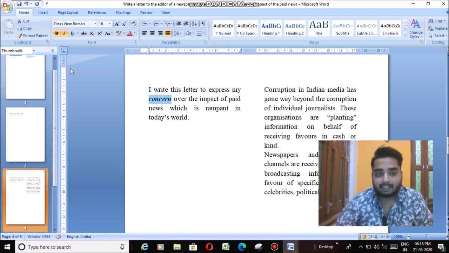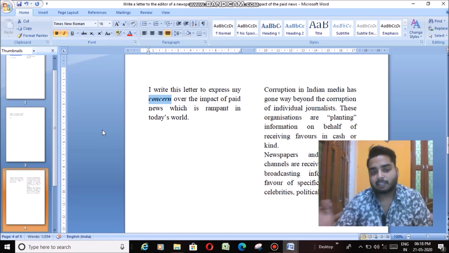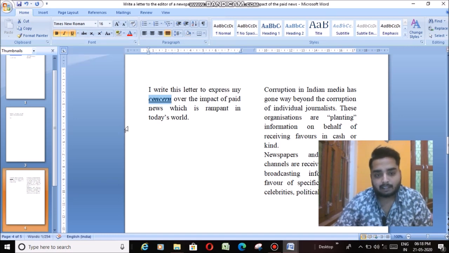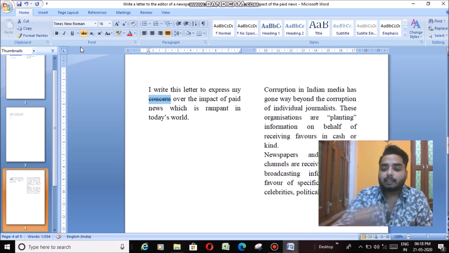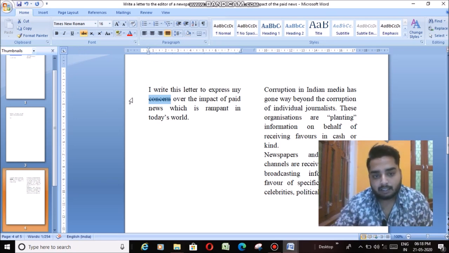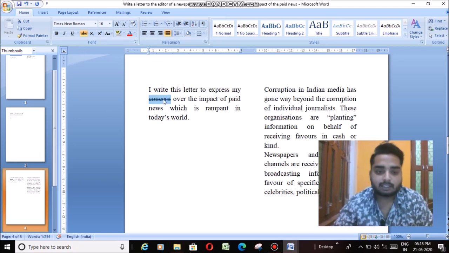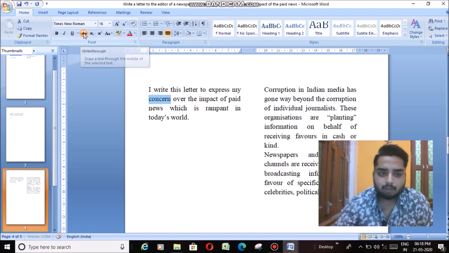If we use the italic option, then the text becomes slightly slanted to the right side. The other thing is the underline option. We can use all these options at once, or we can use only one option at a time. You can see all the things working here. We can use the strikethrough option also. Strikethrough is used for striking through the text on the screen. As per your need, you can use these options.